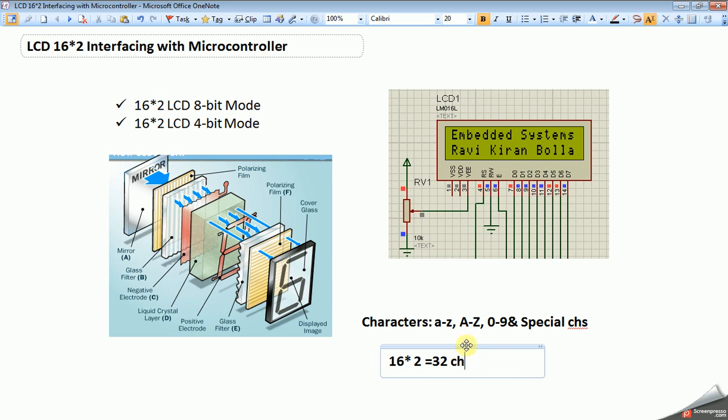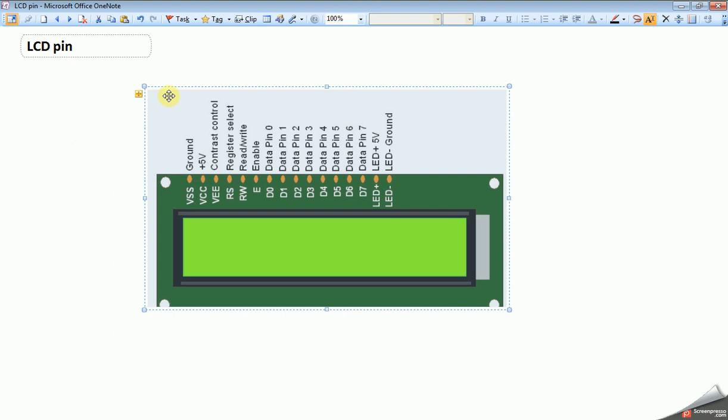Now let's see the pin diagram of 16 by 2 LCD. There are a total of 16 pins available, as you see here. The first two pins, that is pins 1 and 2, are used for power supply. The operating voltage for this 16 by 2 LCD is 5 volt.